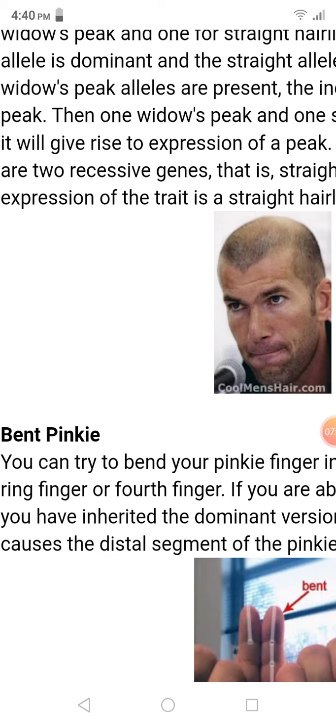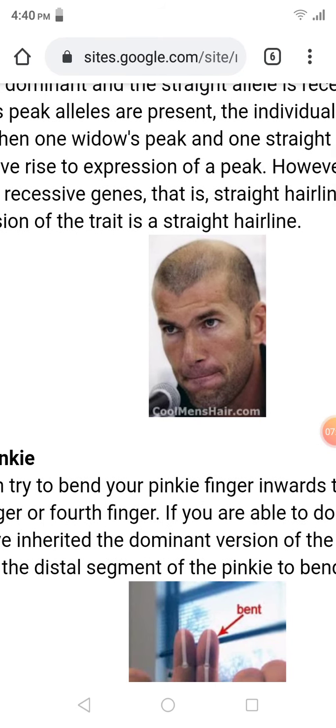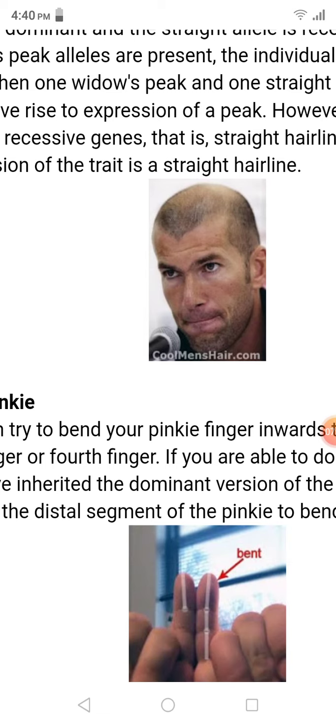And that factor weighs into some of your genetic problems that are passed along. So this is one example of a dominant trait, and this is another example of, guess what,